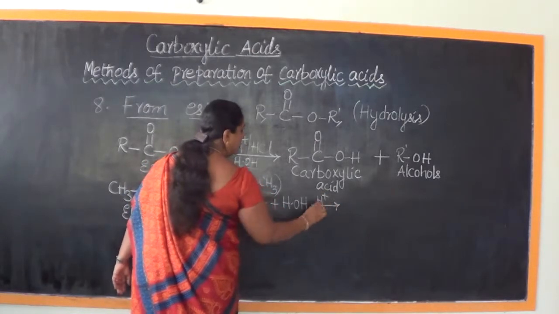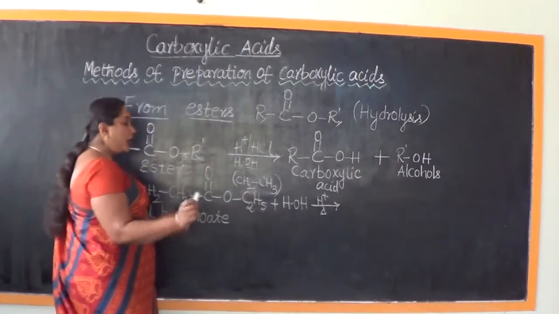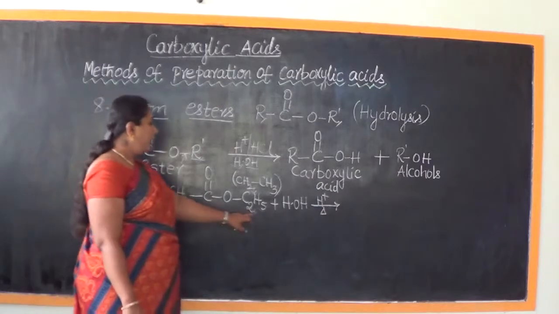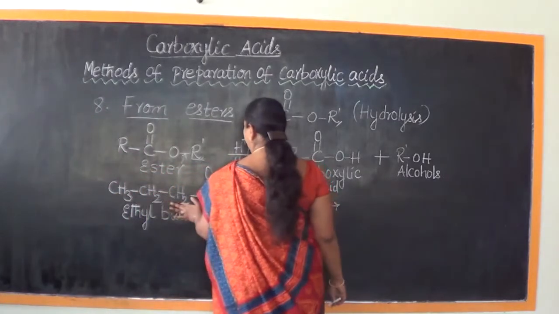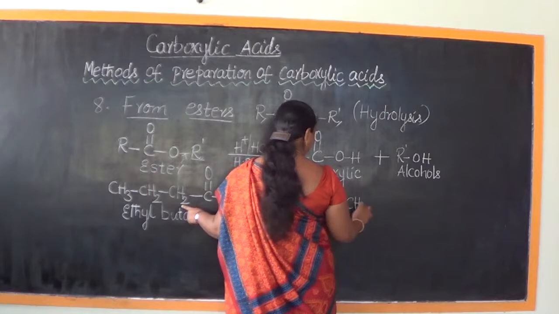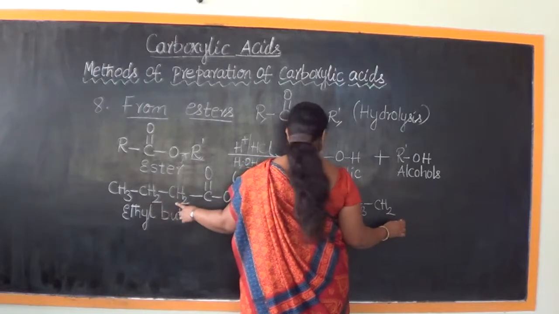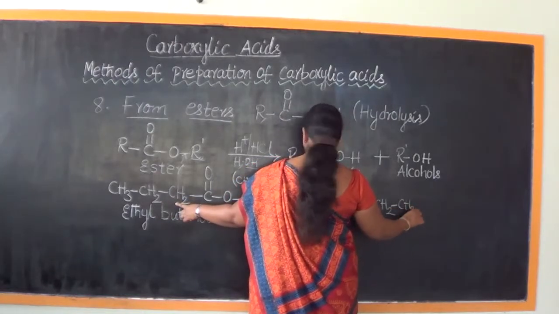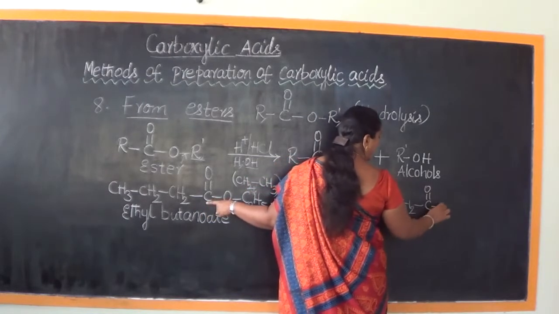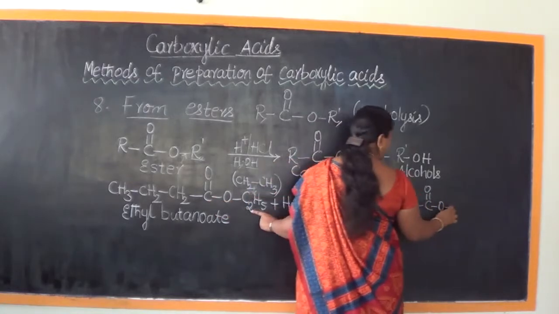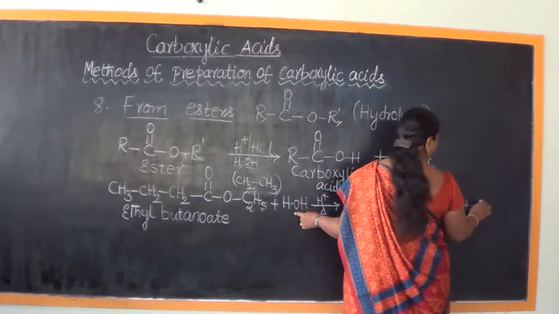Acid hydrolysis. Now what happens? C2H5 will combine with OH, comes out as C2H5OH, and in the place of C2H5, H from water takes a linkage. So this chain remains intact. There is no change for that. So let me write that. CH3, CH2, this is taken care of. Then one more CH2 is also completed. Then this entire constituent CO, and then instead of this we need to add an H. Then what else? The C2H5 is going to combine with OH.